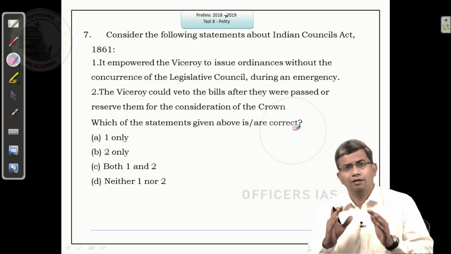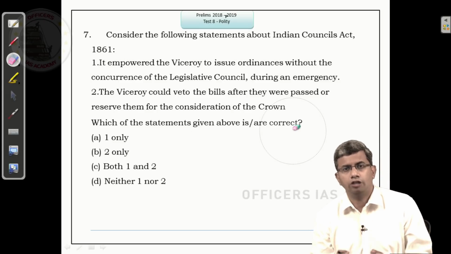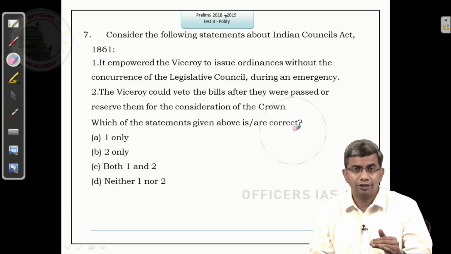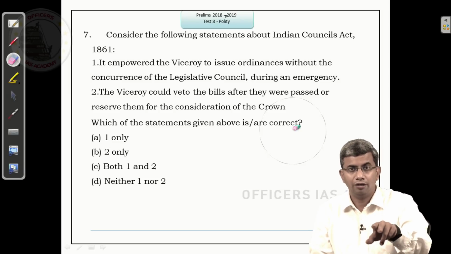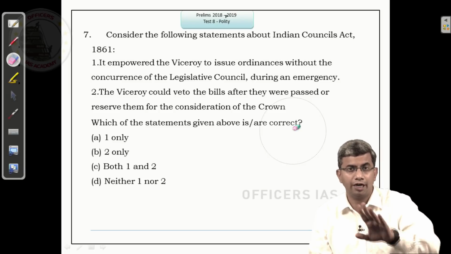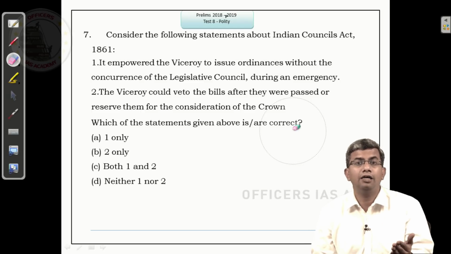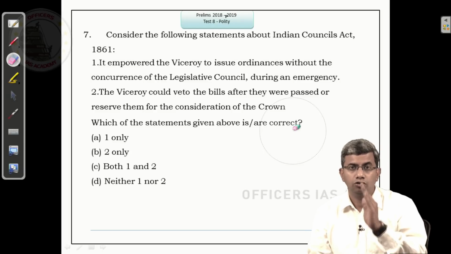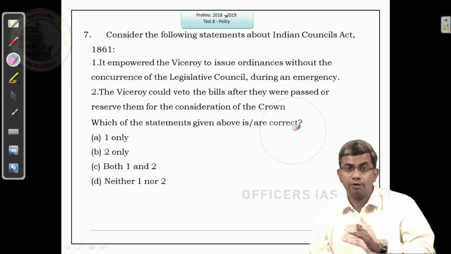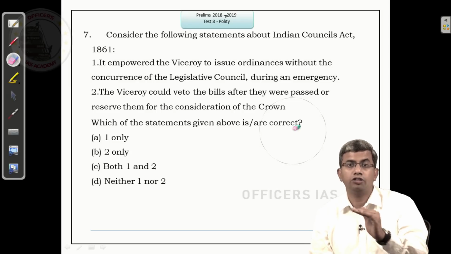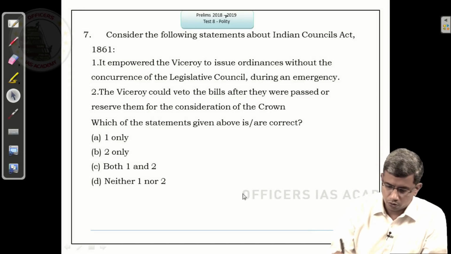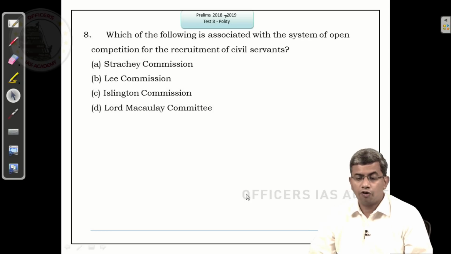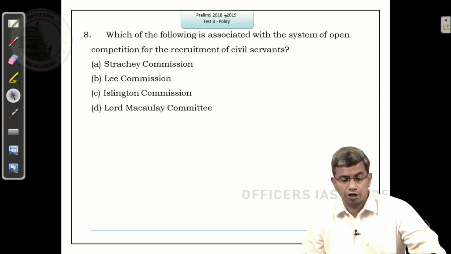So guys, for all these acts, it is pure knowledge. Once you have the knowledge, if there are 3 statements, you can apply the elimination technique. But you cannot blindly apply elimination techniques in these questions, or for that matter any questions in polity. It has to be knowledge driven. So please be careful. Go through the explanation which is given in the answer key thoroughly for each of these acts. Right? Moving on.